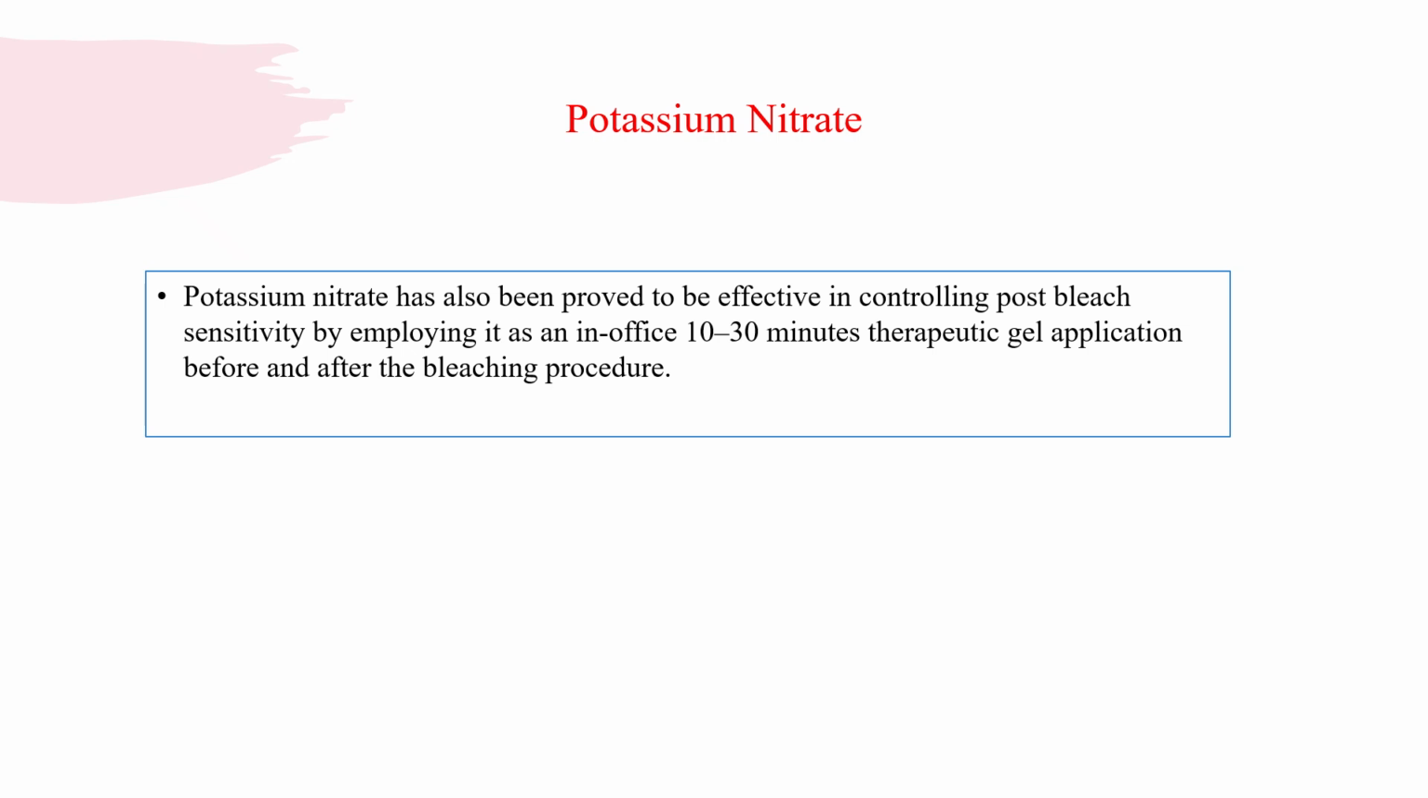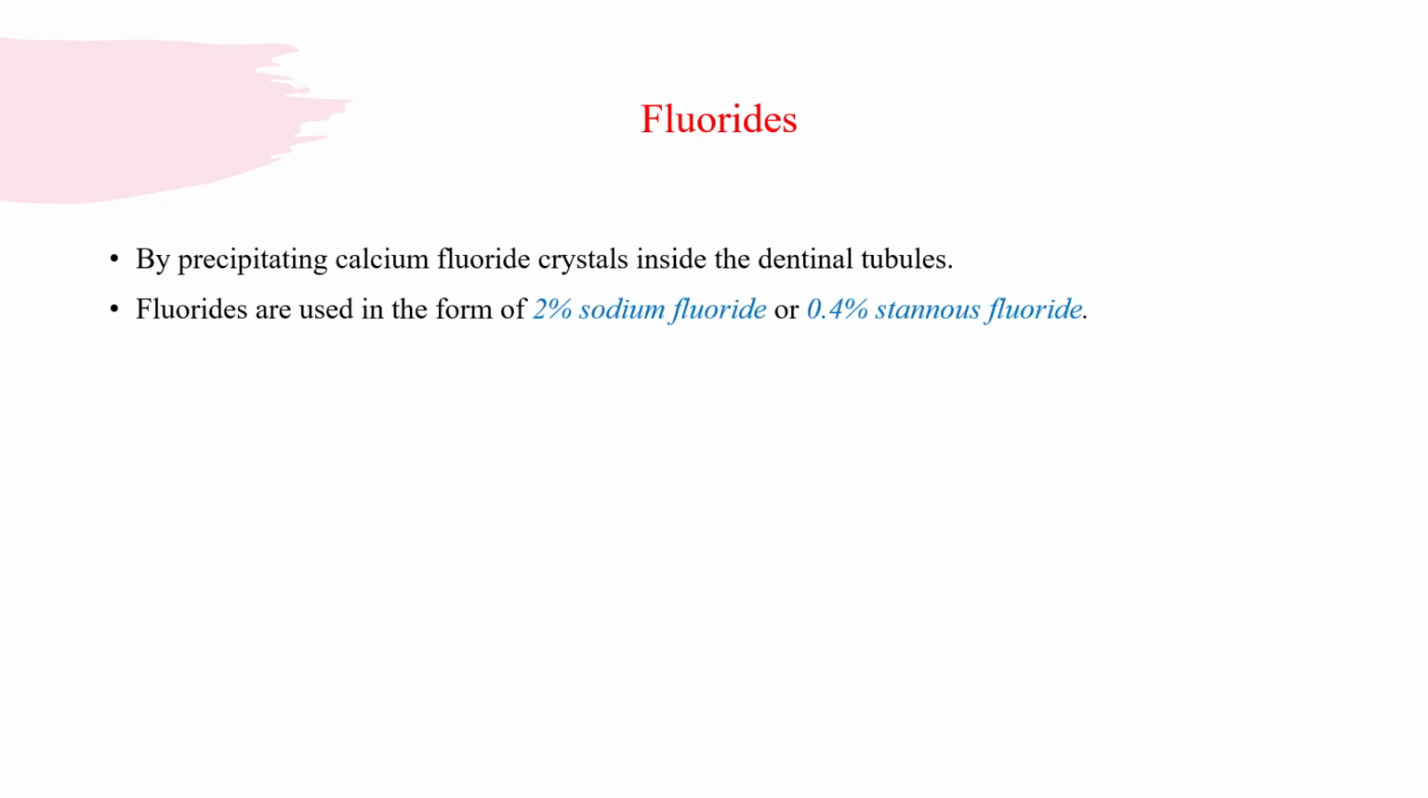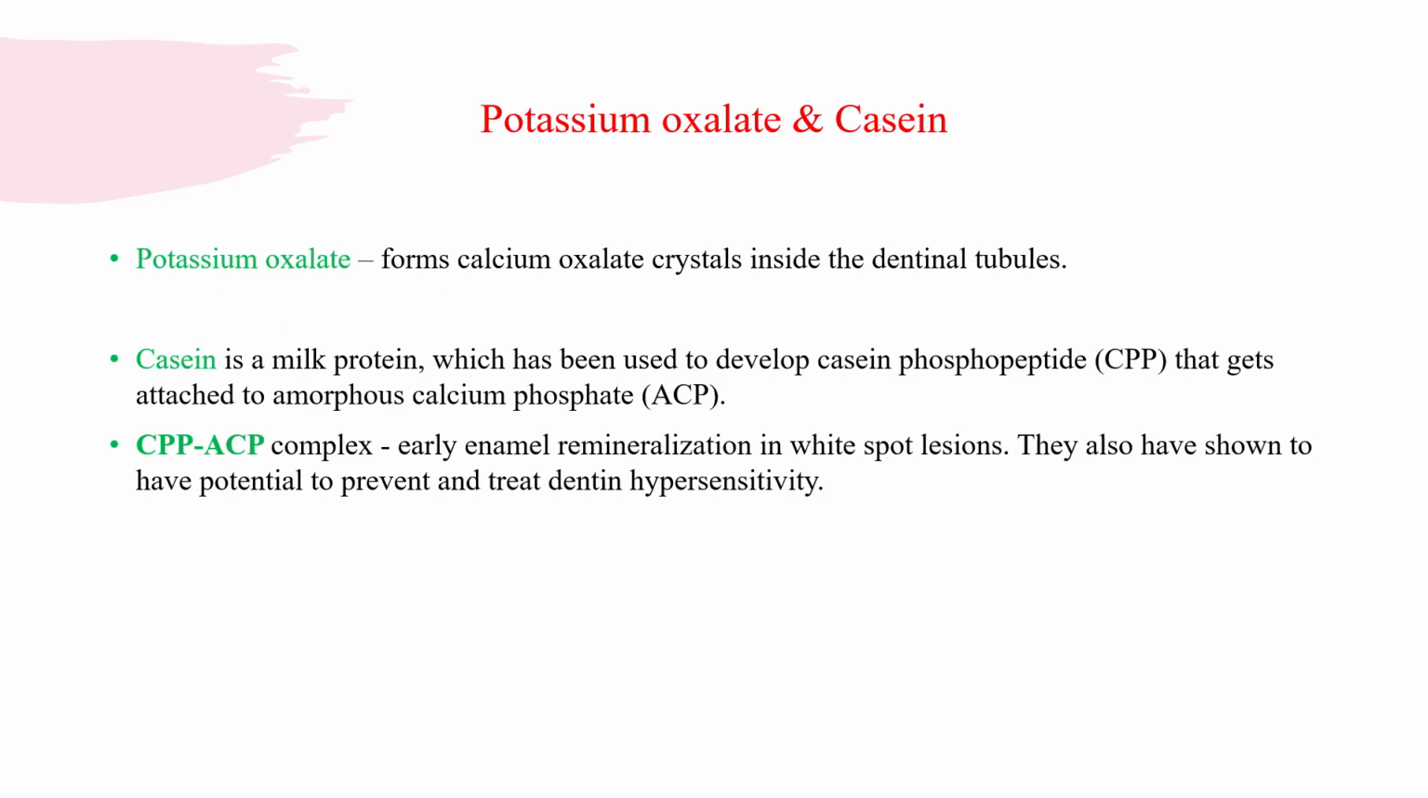The first paste that we saw in desensitizing the dentin is potassium nitrate. It has been proved to be effective in controlling post-bleach sensitivity by employing it as an in-office 10 to 30 minute therapeutic gel application before and after the bleaching procedures. Fluorides act by precipitating calcium fluoride crystals inside the dentinal tubules. They are available in the form of 2% sodium fluoride and 0.4% stannous fluoride. Potassium oxalate